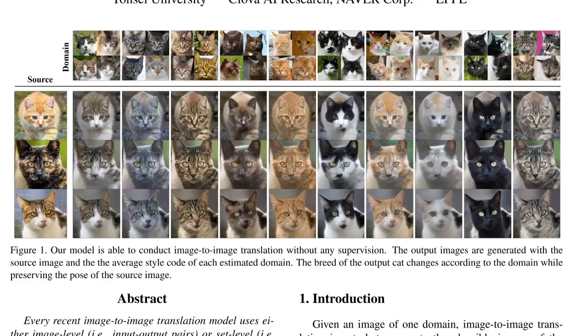Cool, so what we're seeing here is an example of image-to-image translation, a sort of style transfer. What you'll have on the left is a source image. The goal is to translate this source image to a different domain while keeping the features of the image the same. I'm always confused because here we keep the pose of the cat the same. Okay, so we keep the same cat, but we want to change its style, which means its breed